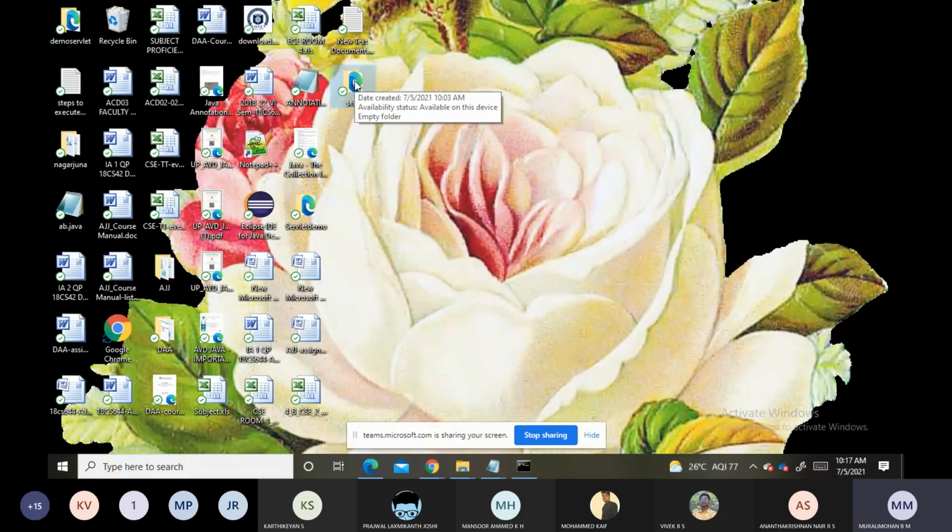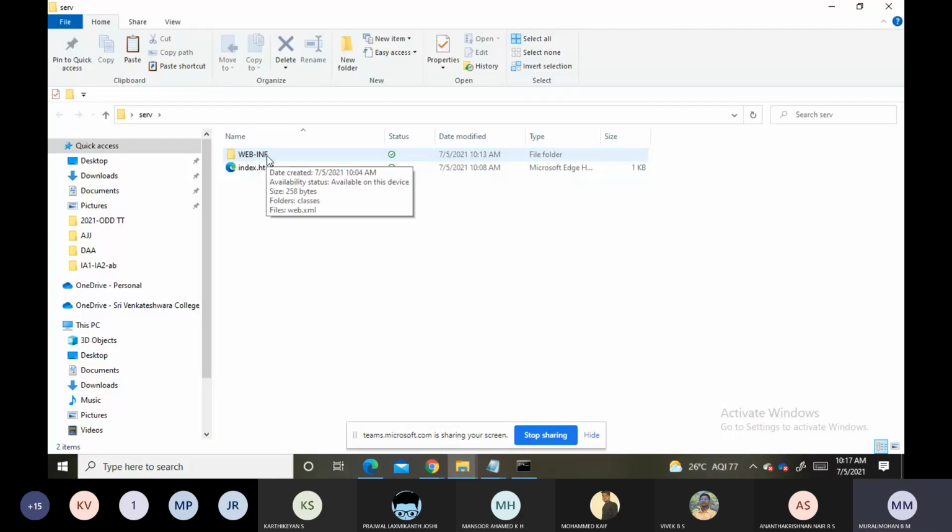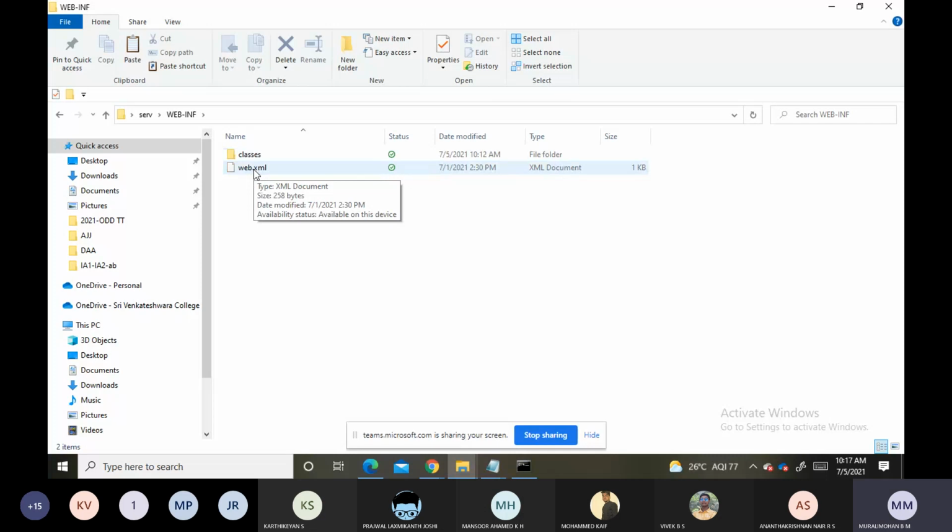Inside that we created one folder WEB-INF and one HTML page. Inside this WEB-INF we created one folder called classes and one XML page.